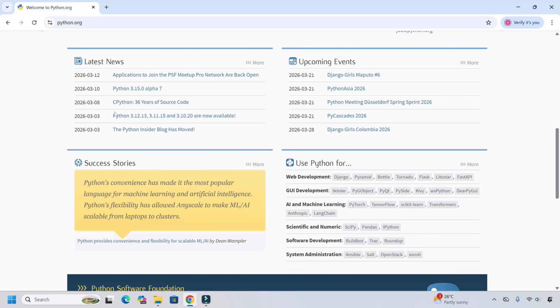As you scroll down, you'll also notice why Python is so popular. It is widely used in web and GUI development, plays a major role in AI and machine learning, supports scientific and numerical computing, and is heavily used in software development and system administration. In the success stories section, you can also see that Python is one of the most popular languages for machine